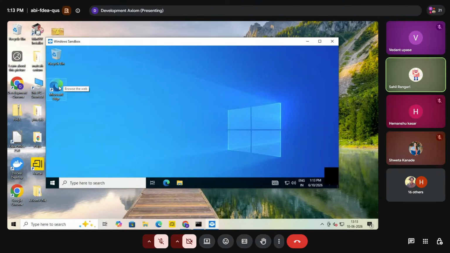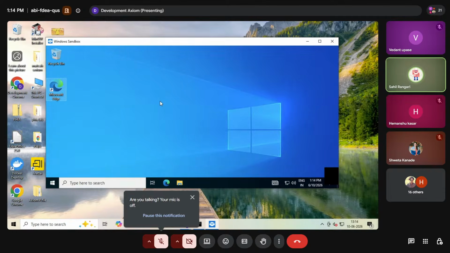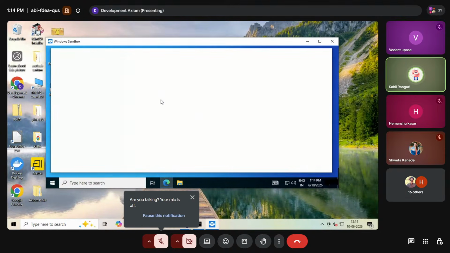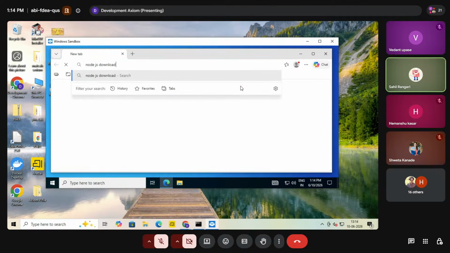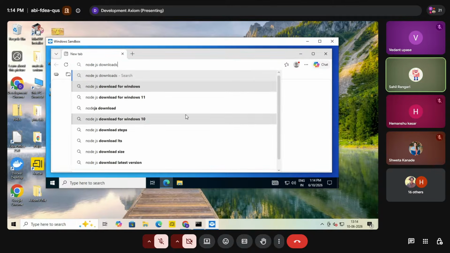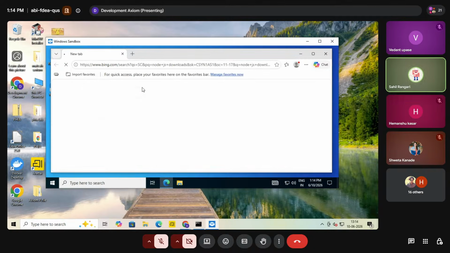And now we have Microsoft Edge. We can download anything from this browser, and that will download in this virtual storage and virtual sandbox only. We'll download some Node.js, and the major part of this virtual sandbox is that whatever you do with it, or any execution, test cases, or downloads, will be available only while the tab is open, while the sandbox is open.